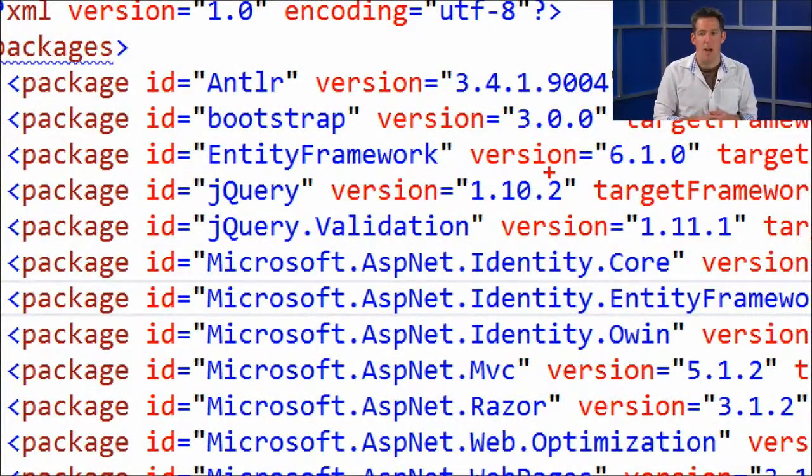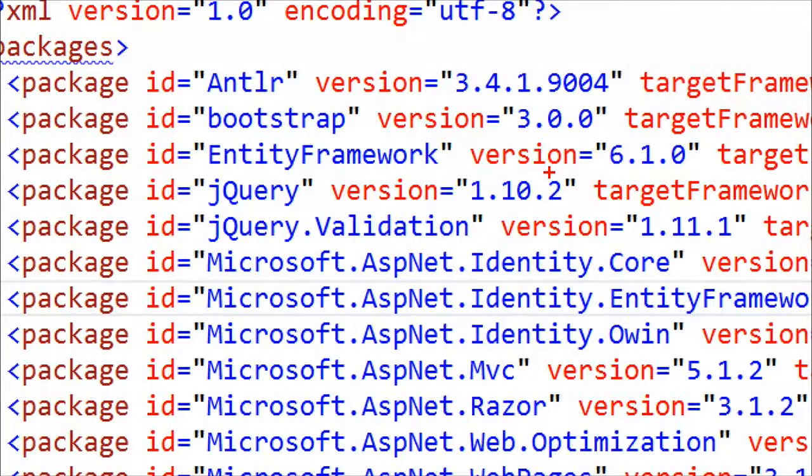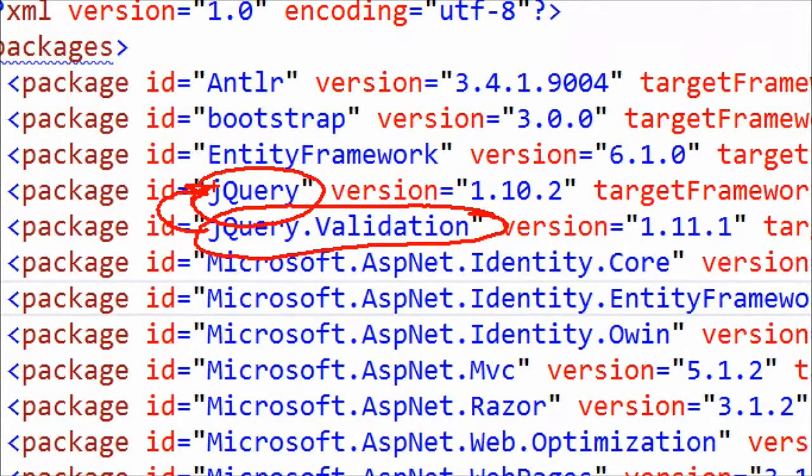And then right there on the slide, John is highlighting a whole bunch of the different NuGet packages that are out there. Yep. So what I wanted to do here is just to point out what you're saying. These are the NuGet packages that are installed in your application. As an example, jQuery is not a DLL. It's JavaScript. But jQuery validation depends on the jQuery library. Exactly. Yep. And so what that's going to do is it's going to say, okay, because you've got the jQuery validation, I'm going to make sure that you've got jQuery installed and the right versions for that. And you'll notice